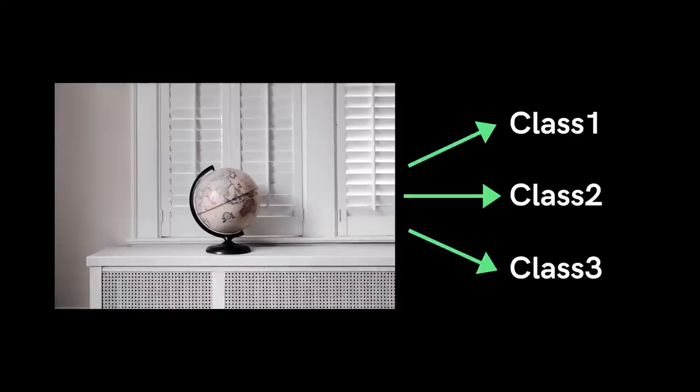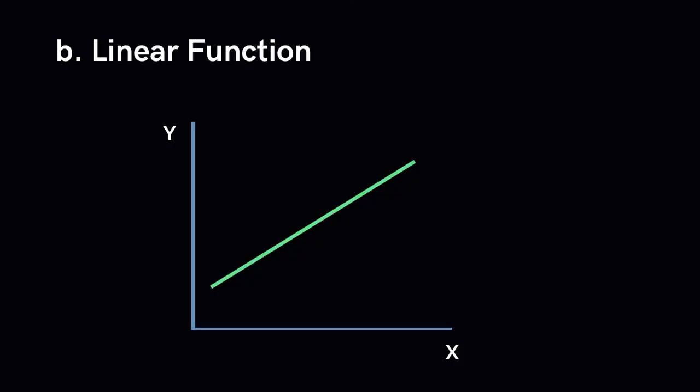Then, if more than one neuron activates, you could find which neuron fires based on which has the highest probability. Okay, maybe you'll ask yourself, I want something to give me a more analog value, rather than just saying activated or not activated, something other than binary. And maybe you would have thought about a linear function, a straight line function where the activation is proportional to the input by a value called the slope of the line. This way it gives us a range of activations, so it isn't binary activation.